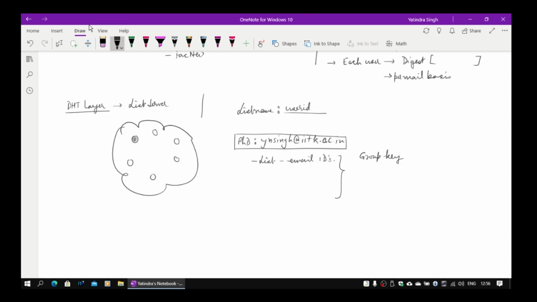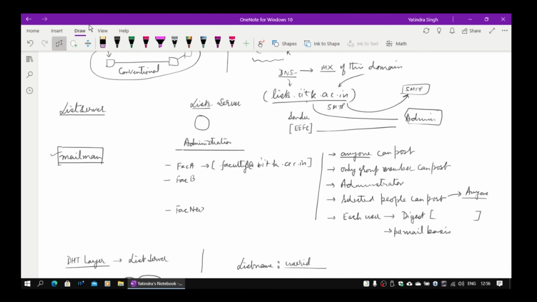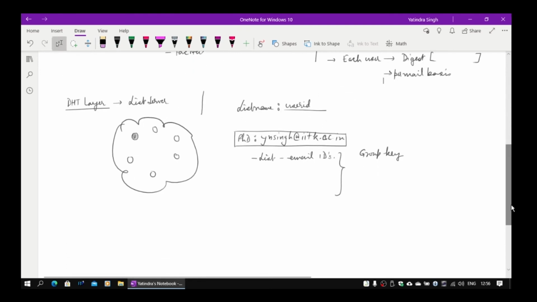So in the earlier system which we have here, when we are using a list server, we are totally dependent on the administrator, because that is controlling, we have faith in him. So in our case, there is a computer center head who actually takes care of this, or an engineer on his behalf takes care of it. But if they do something incorrect or they do misconfiguration, you cannot stop. In our case, because the list server is not owned by me, somebody is acting voluntarily as a list server. So we cannot allow anybody else to read except the group member. So we need to maintain a group key.